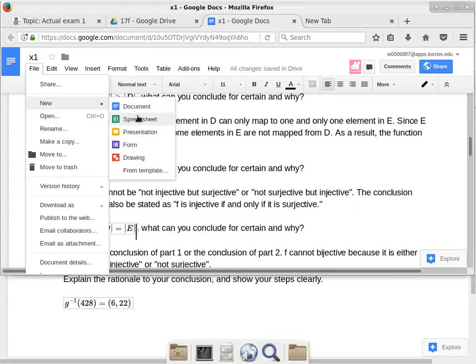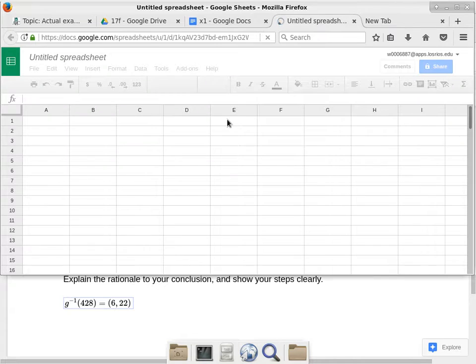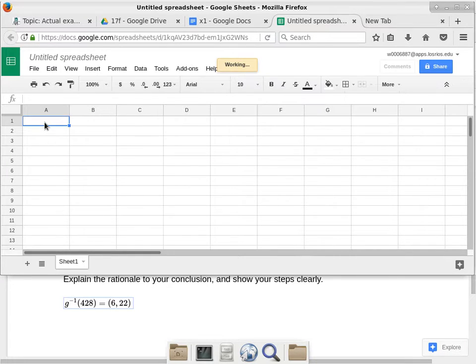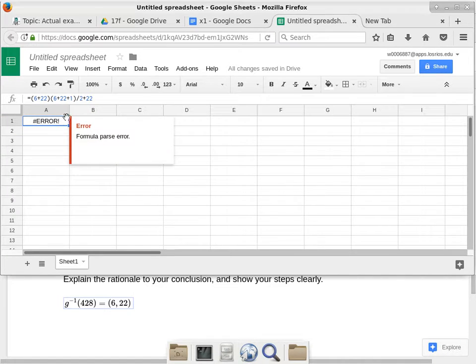We just need a new spreadsheet to do it. Okay, there we go. So we want to confirm whether it's just 6 and 22. So it's 6 plus 22, plus 22 plus 1. The whole thing divided by 2, and then 22 is the y. And that turns out,